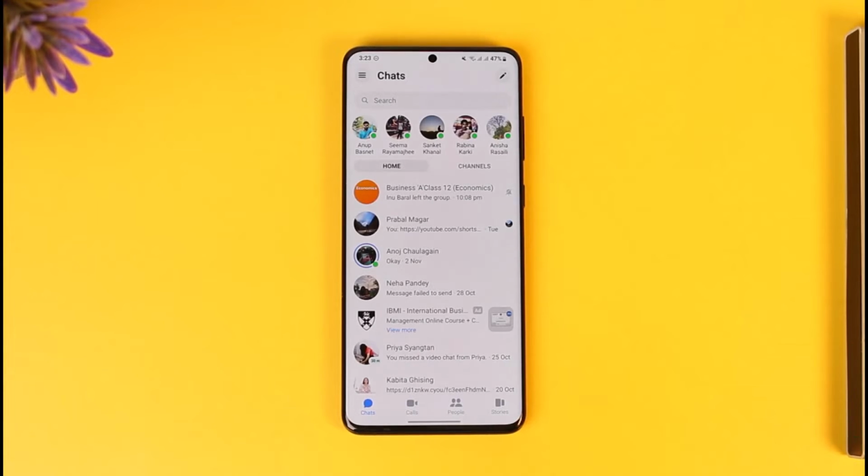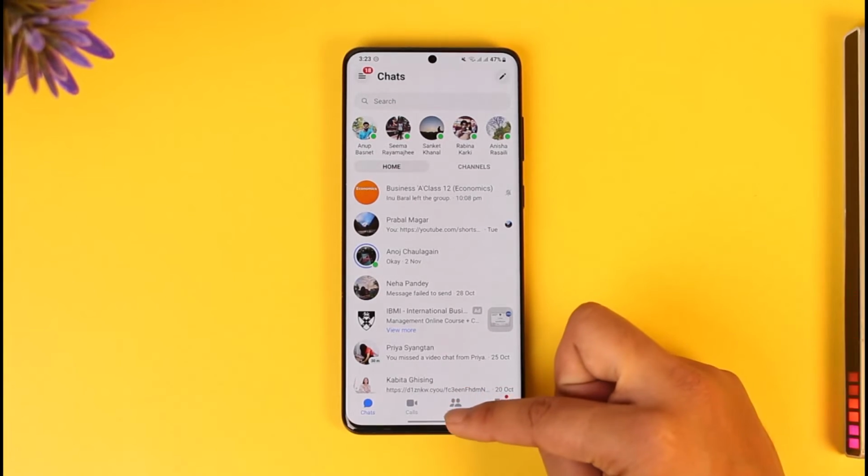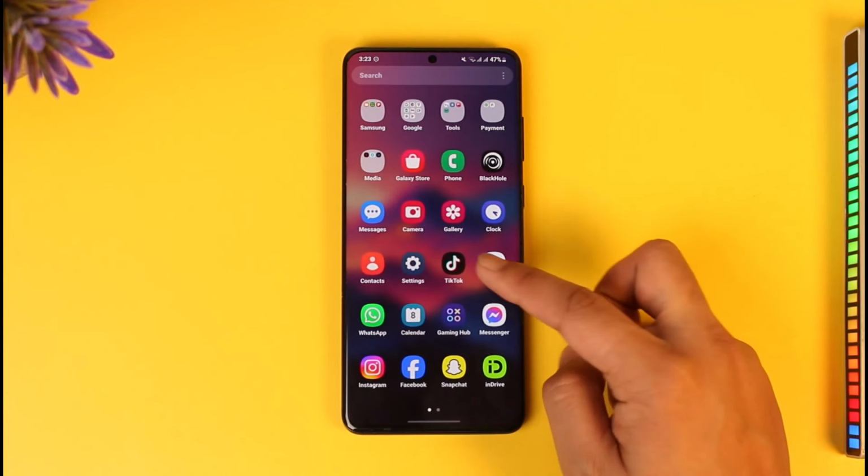Let's say someone sent you a message but then they deleted it right after. How can you see that message? Well, if you actually want to see that message that other people have sent you, Messenger itself does not let you do that, but we can do this with the help of a feature on an Android smartphone called